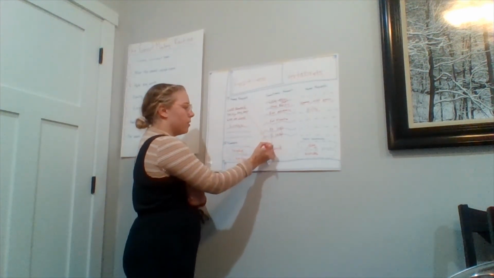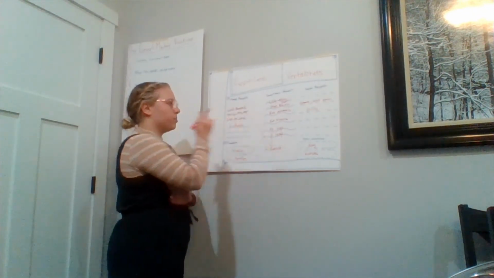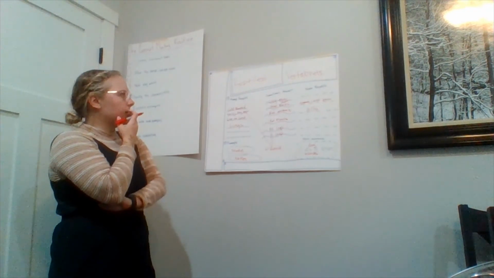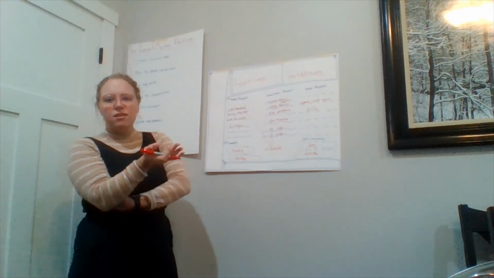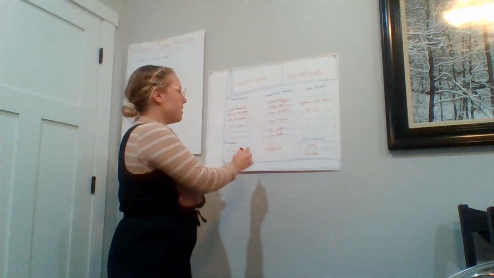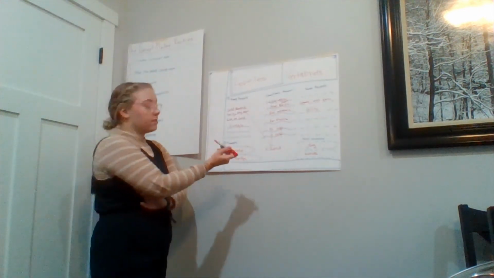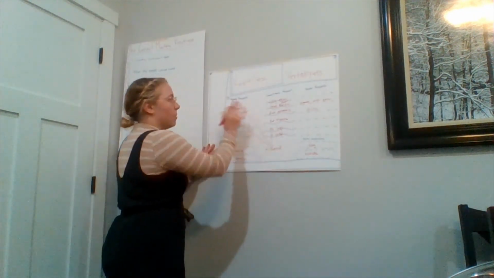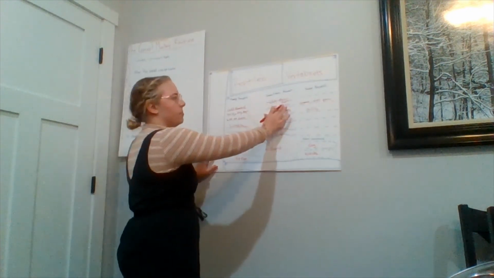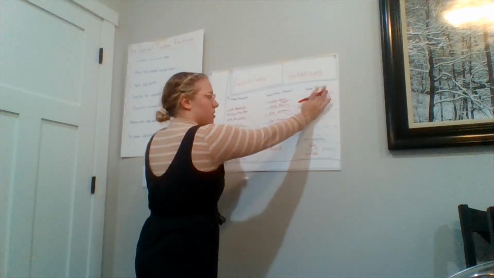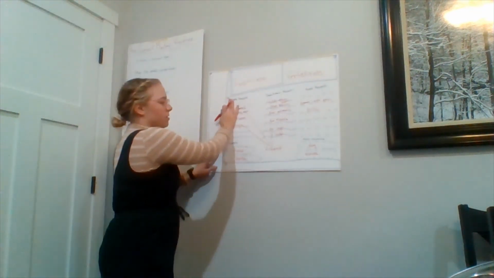So we're going to draw that in the always present. Let's see. Do lizards have gills? Do they need to breathe underwater? No, so we're not going to connect that. So they must have lungs to breathe. All right. So by looking at our always present, sometimes present, and never present, we said both never presents are not there. So we're going to look and